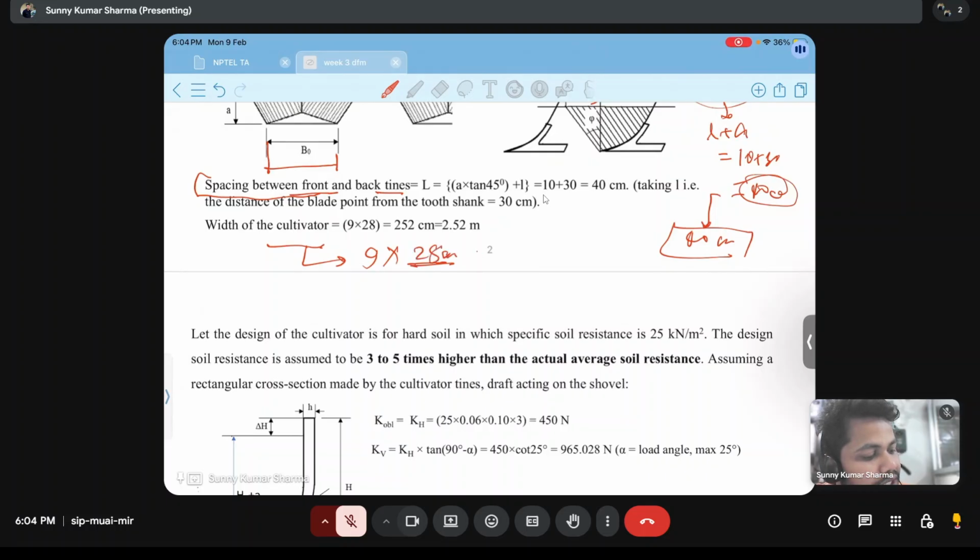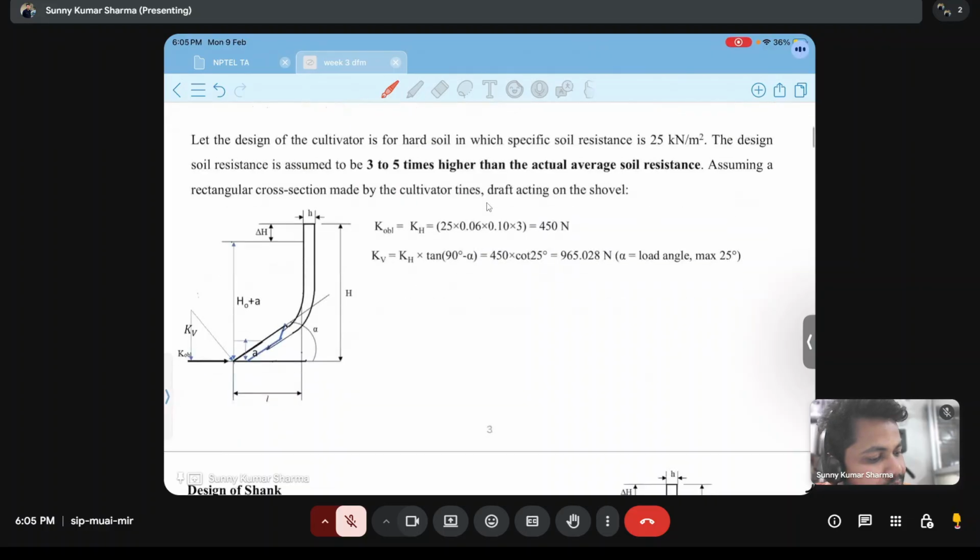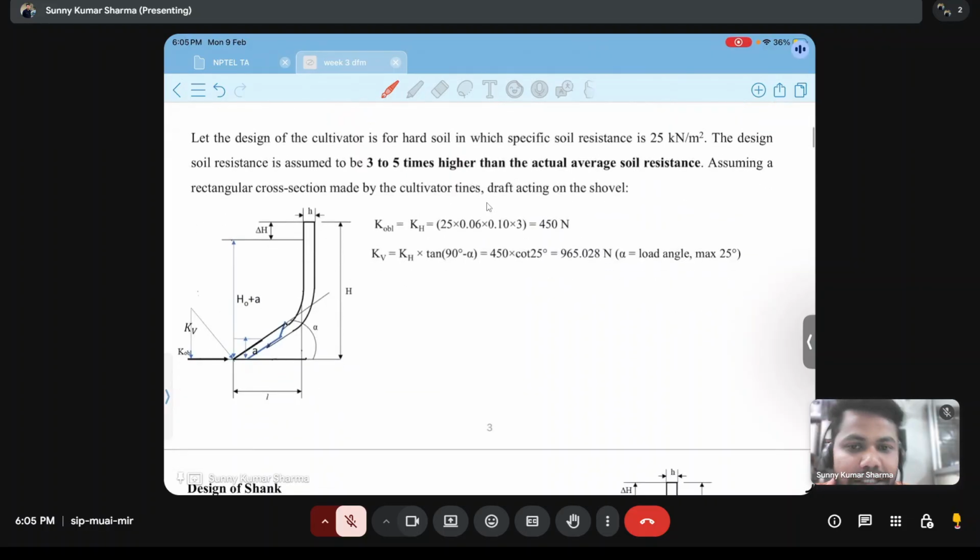From centimeters, here we can get the width of the cultivator, which is 9 into 28, which is equal to 252 centimeter or 2.52 meters. So after knowing the distance between adjacent and front and back tines, we will move to the shank. So for shank,